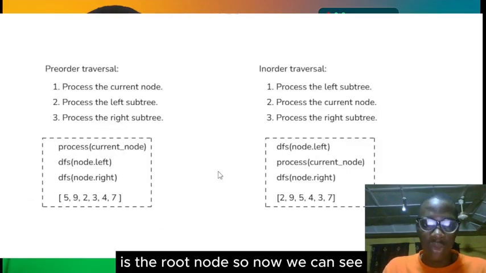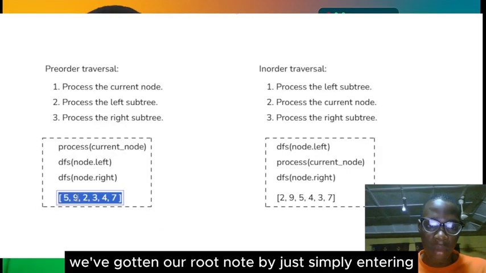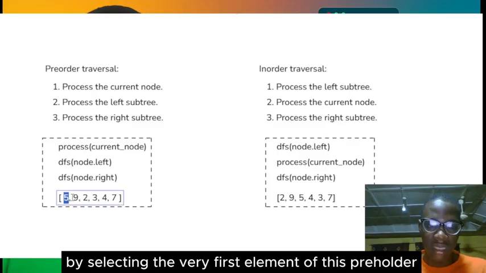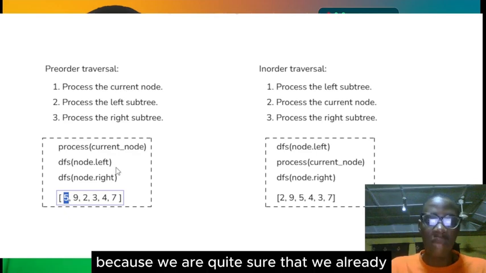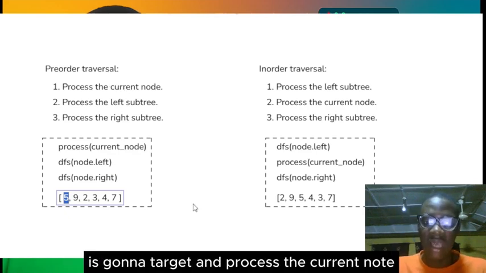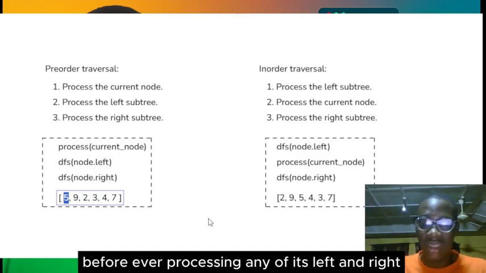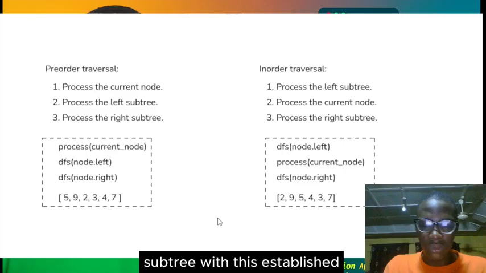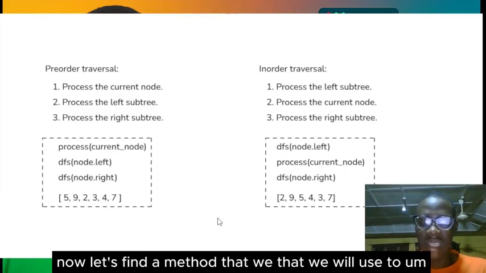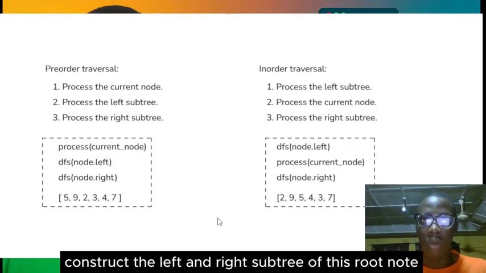So now we can see we've gotten our root node by simply selecting the very first element of this preorder array, because we are quite sure that the preorder array is going to process the current node before ever processing any of its left and right subtree. With this established, now let's find a method that we will use to construct the left and right subtree of